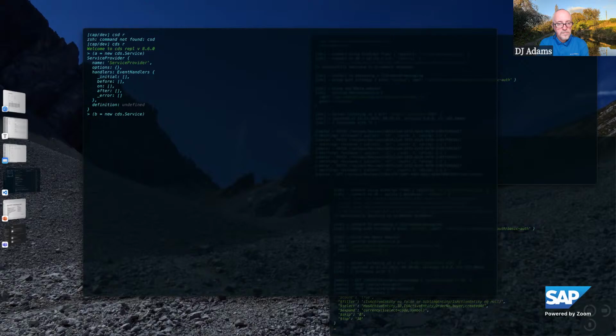And I have another CDS service, and I want this service B to listen to events of service A, but somehow B needs to register to these events. Okay, let's do it like that.